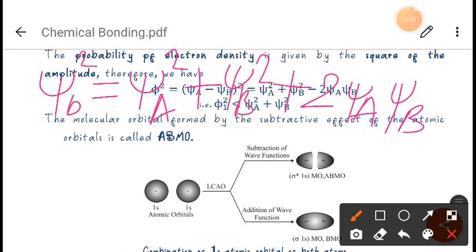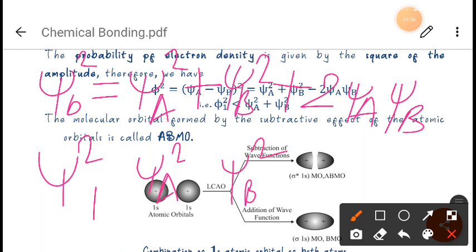Now, this psi square represents what? Charge density, right? And psi a square and psi b square represent the charge density of the isolated atoms, right? But when we talk about this psi b square, what does it represent? It represents the charge density of the bonding molecular orbital, right? So what we can say is the charge density between the two atoms bonded in a molecule,